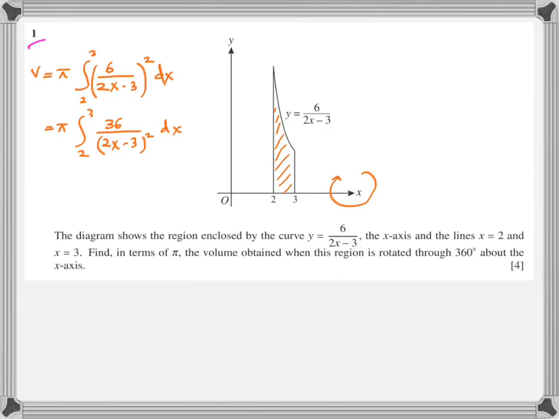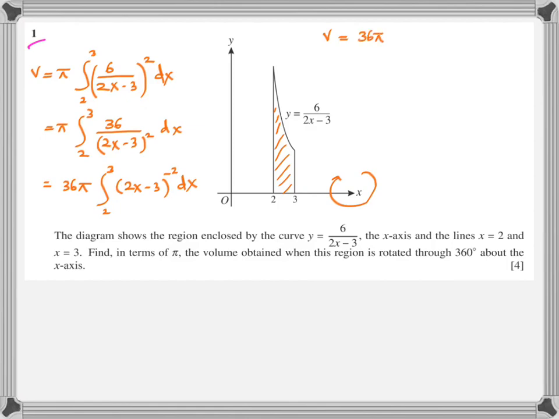That is very easy for the examiner to mark as correct because you don't have to deal with the accuracy level. One other thing that you should take care of: a lot of people expand 2x minus 3, the whole thing squared, in the denominator. If you do so, you are stuck there for life. You cannot take the expression up. So what is the working? The working is 2x minus 3 raised to the power of 2 in the denominator. When it goes up, according to the rule of indices, that becomes minus 2.